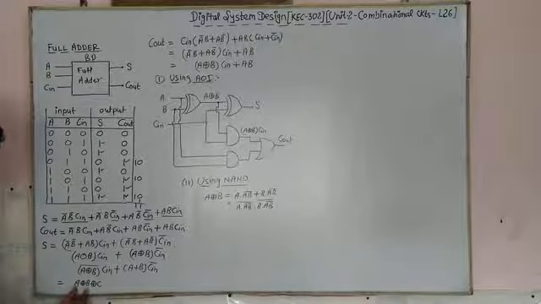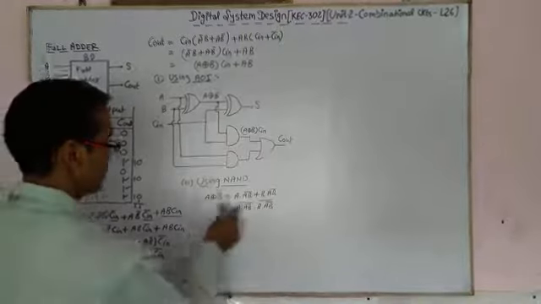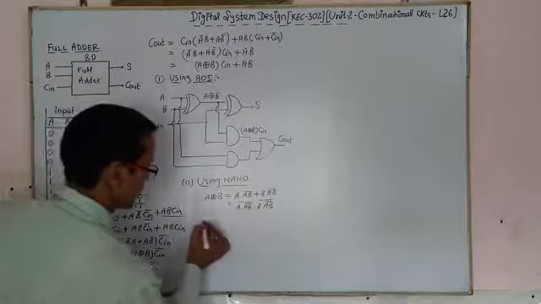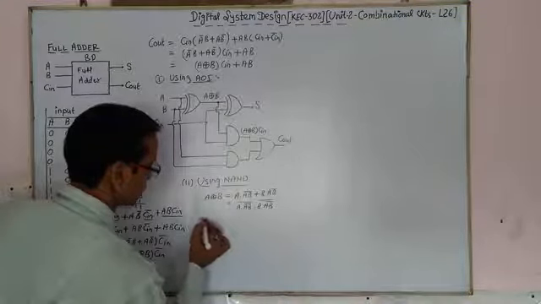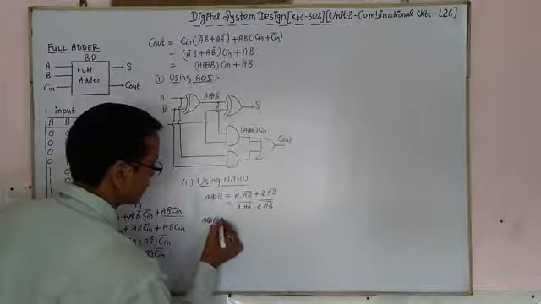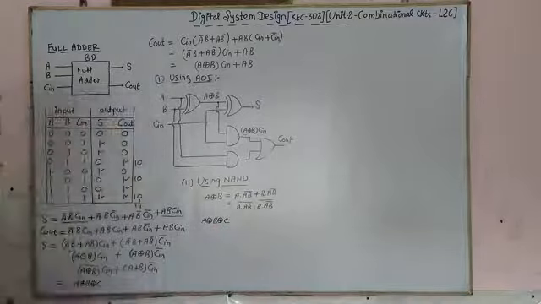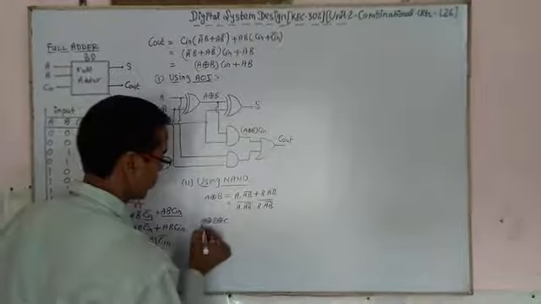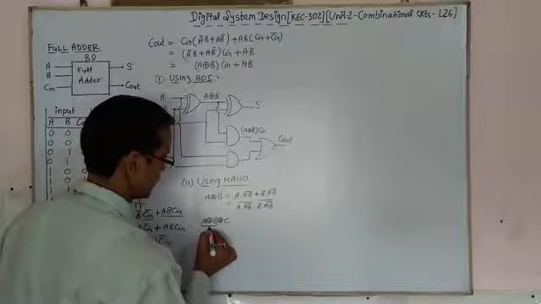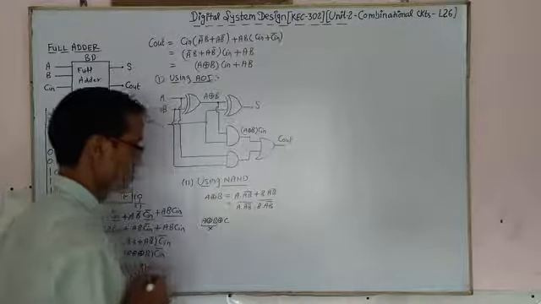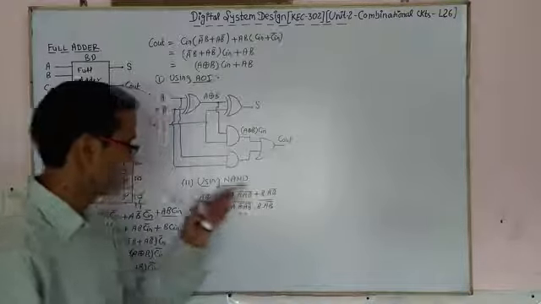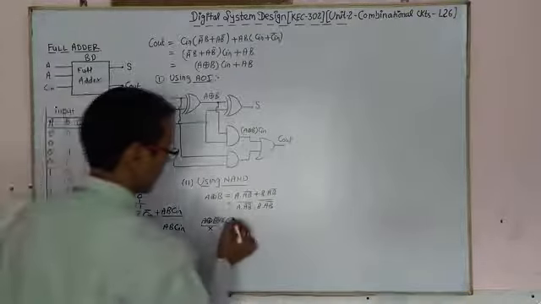Okay, first of all we will design this A XOR B. So this A XOR B is this. Now after that the task is to design this. If you apply this approach here, suppose this is x and this is y. So now again you have x XOR with c. So what will be the result?